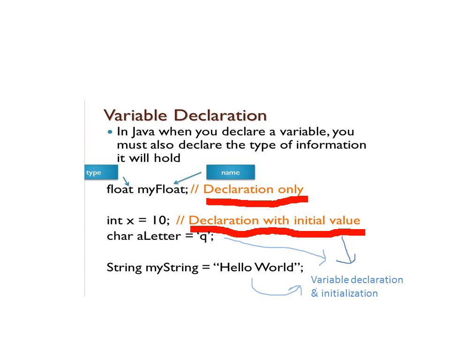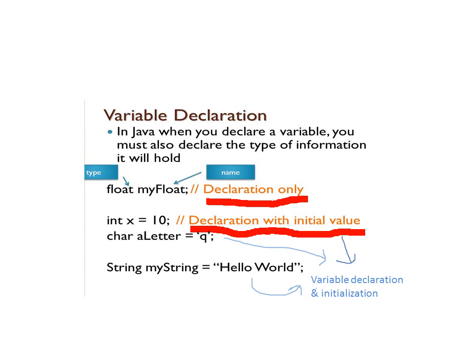It means whenever we declare a variable in Java, it has two parts. One is the type name, the other is the name of the variable. So what is the type here? It means what kind of data the variable is going to store. Type here means the data type associated with the variable. Now here you can see in the example, float is the data type and myFloat is the name given to the variable which will store a value of float type, meaning real numbers. This is only variable declaration.